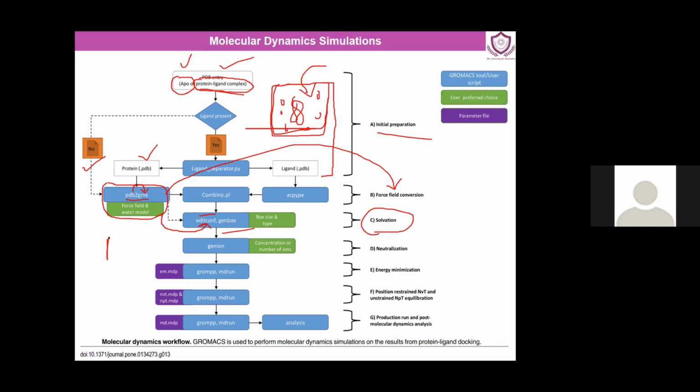Preferably in case of GROMACS or in any other tool, we use NaCl to neutralize this. Na is a positively charged ion and Cl is a negatively charged ion. So depending on your initial charge, you add the counterpart into it just to neutralize the system. So till here there is a neutralization. So all of these files and all of these processes are done, and after that we actually jump into an important component called energy minimization.